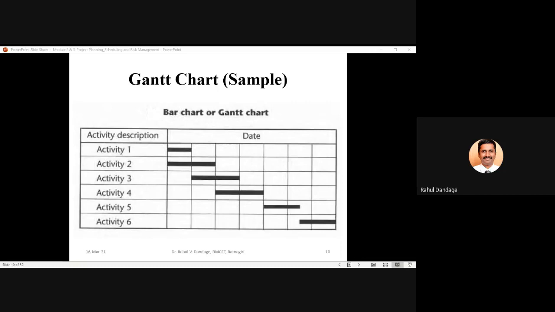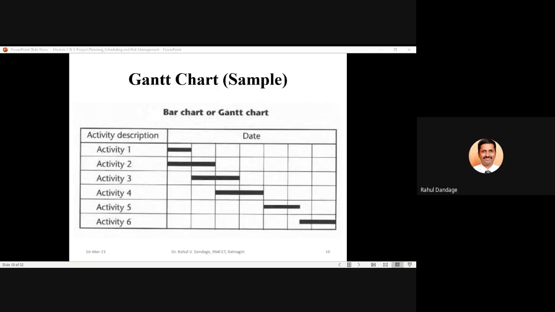Then if I see activity 3, it starts at the beginning of week 2 at day 7, and then passing on to 14, it reaches up to 21. That is, it also requires a 2-week period for completion of activity 3. But these 2 weeks are not starting from the beginning of your project. They are starting from week 2. So week 2 and week 3 are occupied by your work related to activity 3.